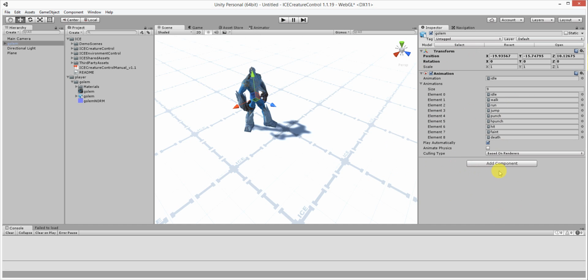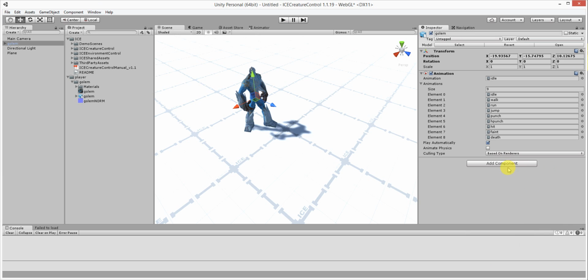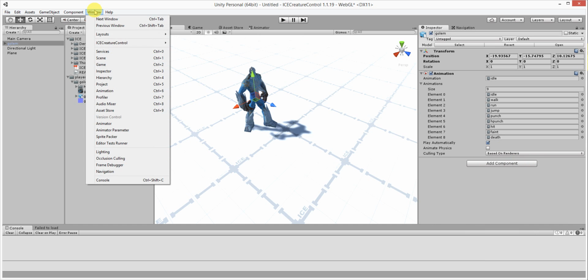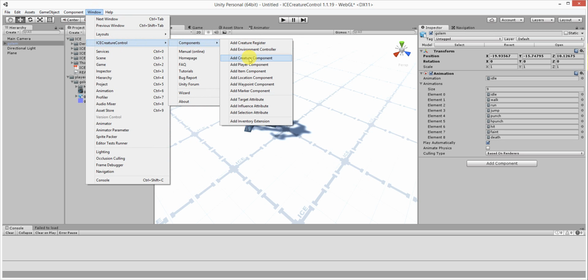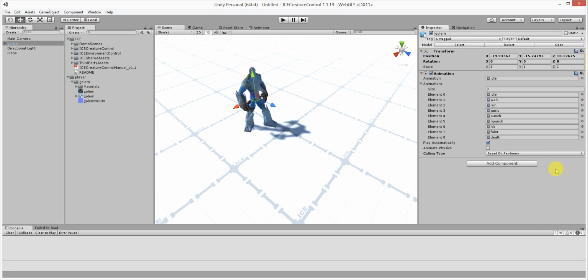the ICECreatureControl component. You can click here at Component and type ice, so we have all the ice components, and you can select the ICECreatureControl component. But you can also do it via the Window menu. Here you will find the ICECreatureControl menu. Go to Components, Add Creature Component. I remove it directly and show you also this way: you can open the ice folder, open the ICECreatureControl folder, and here you will find the desired script ICECreatureControl. Drag and drop it to a component, and